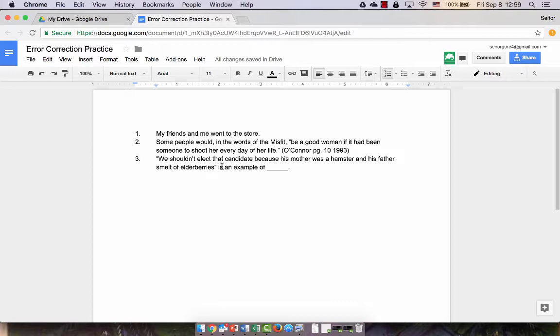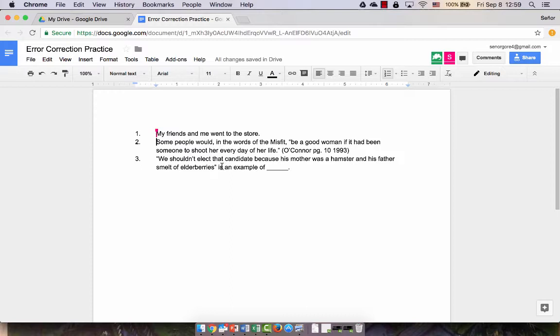In their phone, under the Google Drive app, they simply go to Shared with me. They could also go to their email, because they're going to get an email with a link in it that says the error correction practice was shared with you. They could click that link. So either one. If they use Google Drive frequently, they may want to use the email. So they're going to pull that up on their phone, and from their phone,